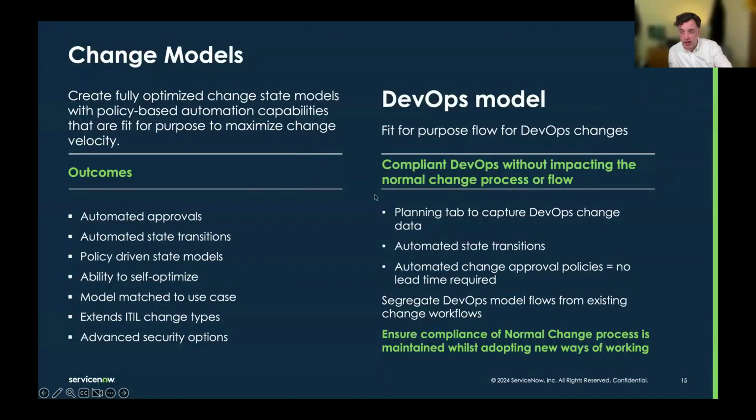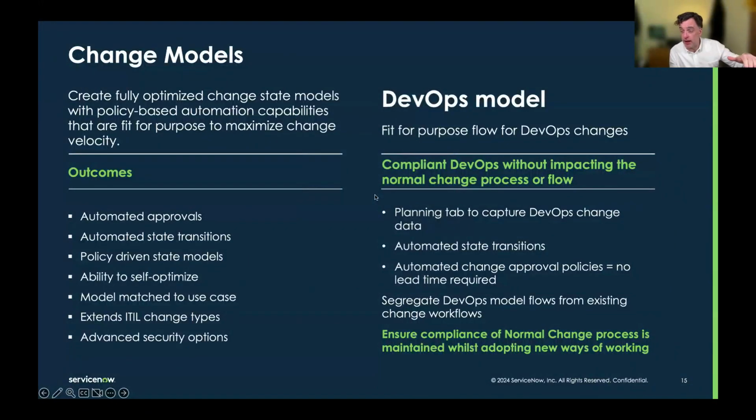I've got a change that's being repeated here, or an area of the business that needs to be moving faster, looking at things like patching first, looking at things like DevOps, maybe they're using site reliability engineering. There's a need and a want to move in a different way. Or maybe they're just a really fast team working on an app that needs to be rolled out quickly, and they're screaming at us saying that the normal change process doesn't work. So that comes to the change managers, the change process owners.